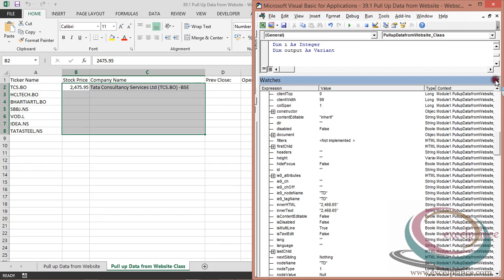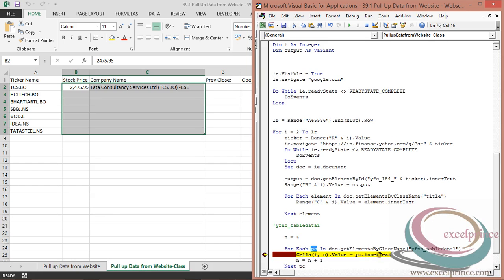Okay, so it's up to me. So maybe I'll type inner text, or outer text, or inner HTML, whatever you want to do. So if I close this one and press F8, if you see, these are the previous close values exhibiting. Okay, so let me remove my breakpoint and press F5.